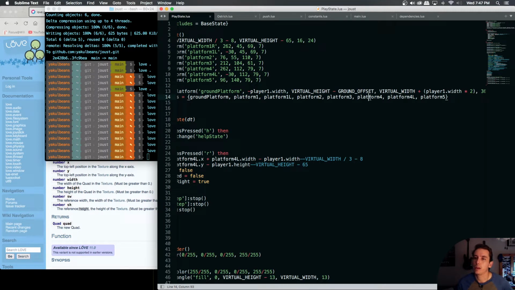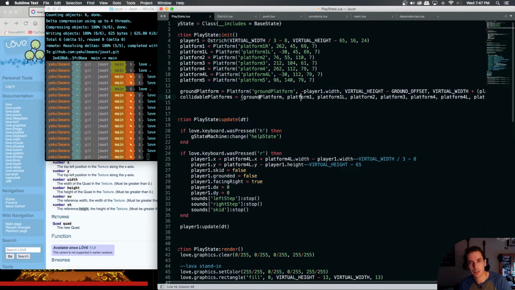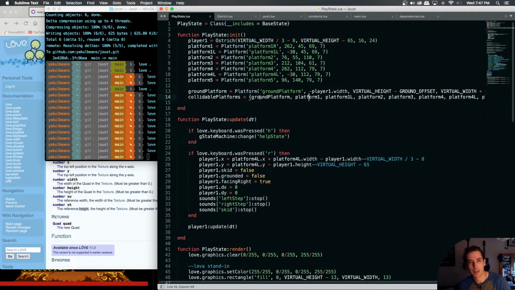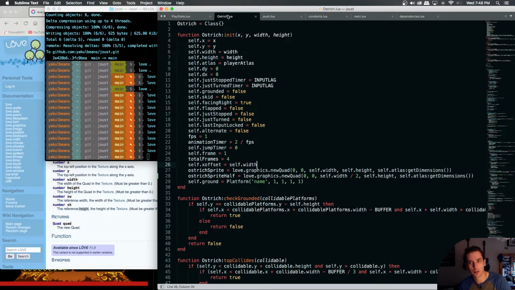The left and right looping pairs, the ones that are going off screen on one side and coming on the other side, are the same width technically, but each numbered platform is a different width. That means each numbered platform has a different quad width. So would we be able to... we can't really turn this into a variable